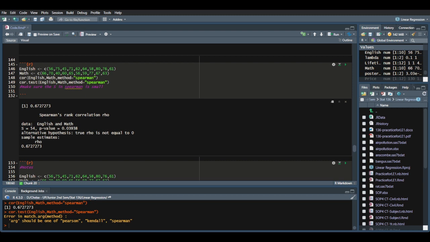So using the cor.test function, it will give us a more detailed table. Here we have the data, English and math. English is the x variable, math is the y variable. We also have here S equals 54. S is the summation of d sub i squared, which is 54. And it will give us an exact p-value that is